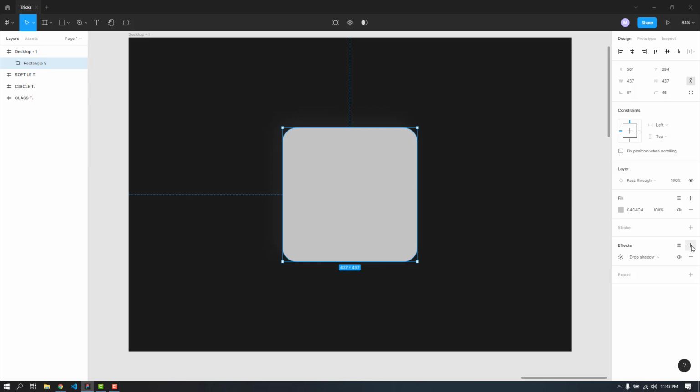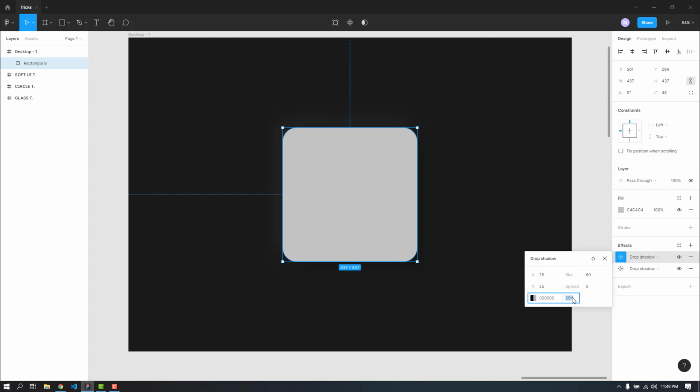We can just click this plus and it will add another drop shadow here. So this one is the old one we have added, and now this is the new one, and the blur is going to be the same as before, 60. It doesn't matter whatever value you want to put here, but it is better to put a similar value, otherwise it will look ugly. So in this case, the direction of X and Y axis, we have given a minus value of 25. So in here we need to give the same value but as positive. So again 25 and 25, but in this case it is going to be positive.